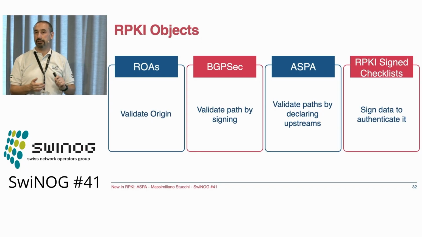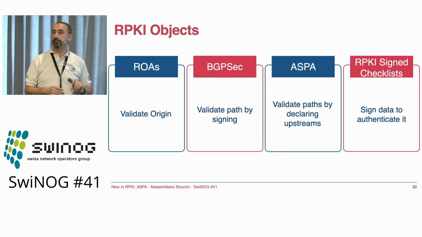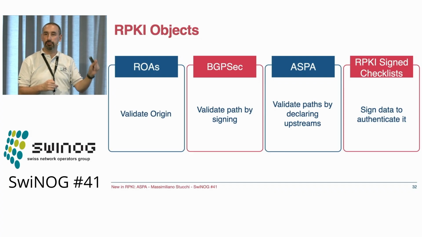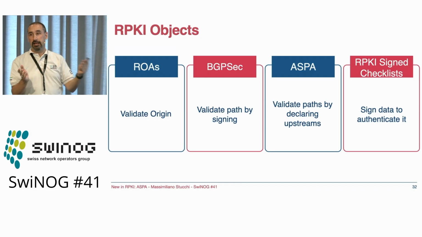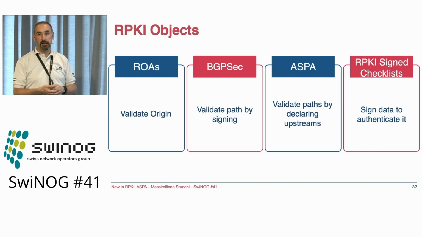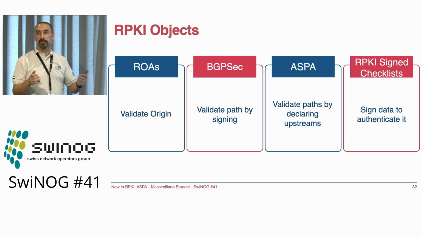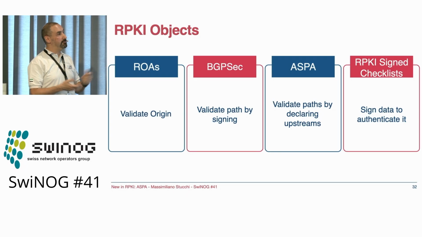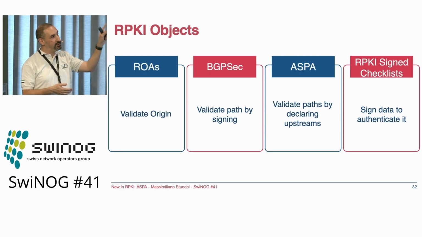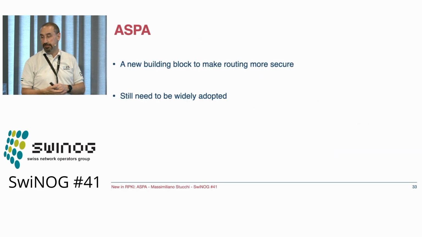You can verify the signature, and with that, you will verify that it's the same certificate, the same CA that signed that network. So you know that I'm allowed to originate or do something with that network. In reality, we could put anything in a signed checklist. We could sign any piece of data. And the idea is that those could be used for other purposes later on in RPKI, so we can do more. So hopefully, we can leverage all four of these objects in the future to add more security to routing.